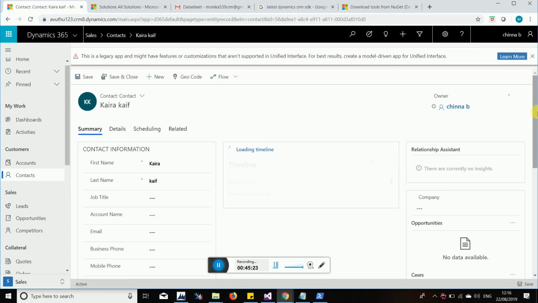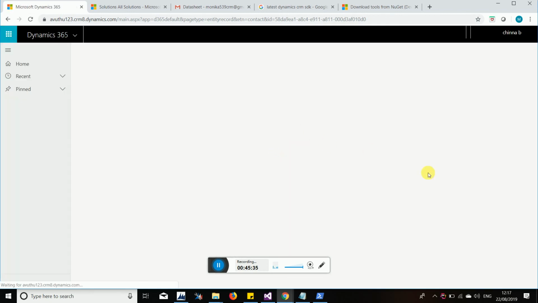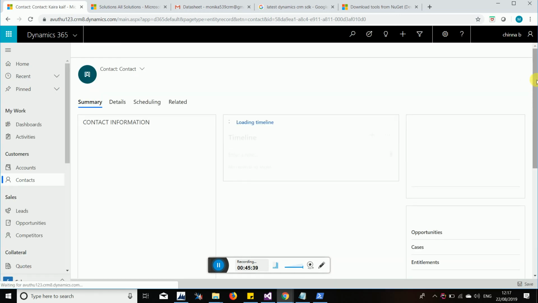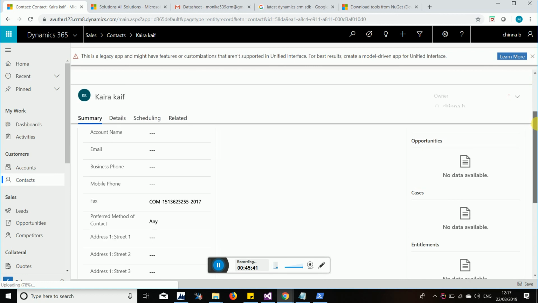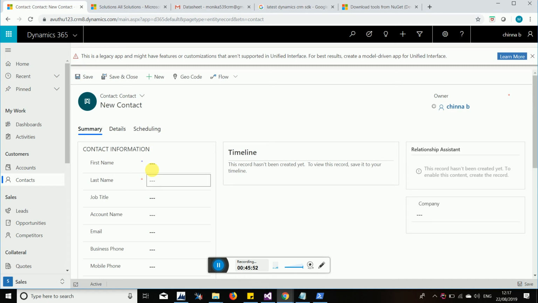According to our code, once you save it, that particular ID should be saved here in the facts. As it is an asynchronous background workflow, it may take some time. So I am refreshing it. If it were a real-time workflow, the value would get updated immediately. So here you see this number is 255.